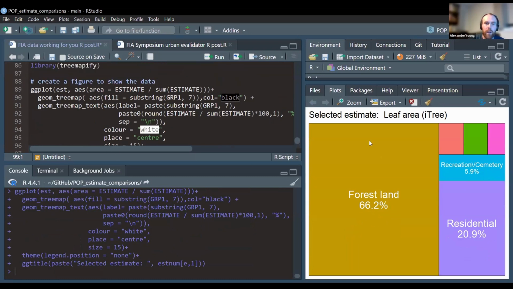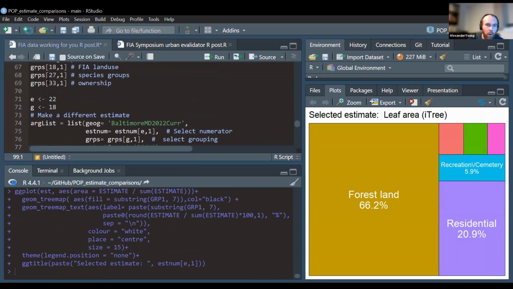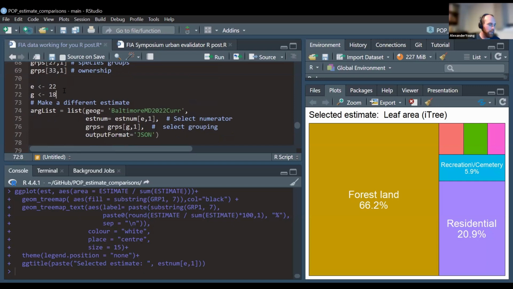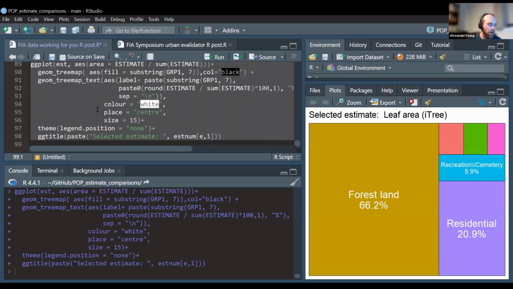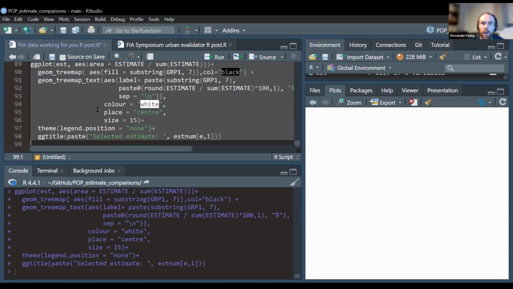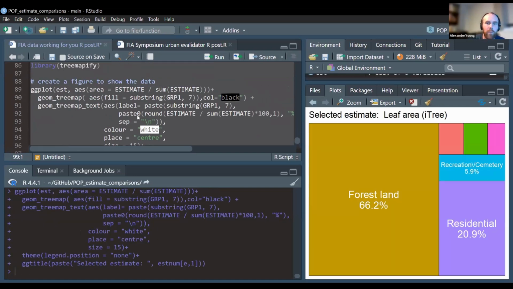If we wanted to update this and say, maybe we want to look by ownership as opposed to by FIA land use, well, we know that ownership is number 33 in terms of the group argument. We just need to update the G parameter to level 33. And this G is going to be used right here in this groups argument. We're going to keep the same numerator and the same Baltimore evaluation. But if you wanted to update your graph, it's as simple as making one change, and you can now see, you hopefully should be able to see